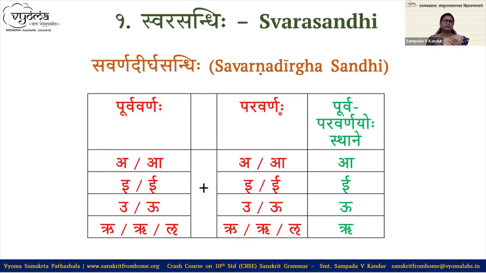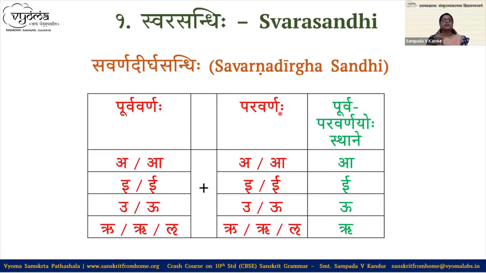Varna is letter. Dirgha. Hrasva and Dirgha. Something which is related to Dirgha Matra, right? Dirgha I ki Matra, Dirgha A ki Matra, U ki Matra, something. So it is Sa Varna Dirgha. Whenever the Varnas which are similar, same to each other, come face to face, left and right of the plus sign, the resultant will be whatever is Dirgha of that Varna. That is the name. Now I'll explain the rules, then you will understand.